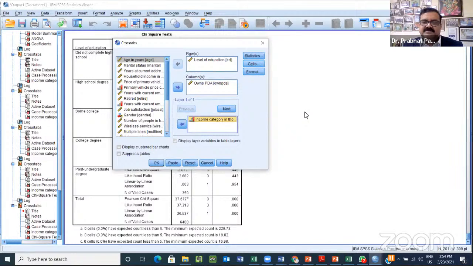Sir, in layered you have put income, and you considered the base as the level of education. Yes, absolutely. So read the hypothesis. Earlier my hypothesis or research question, whatever it is, was PDA, income, and now it has become level of education and this PDA. Yes, absolutely. So the hypothesis that is now formed is: given the income level of people, does education lead to purchase? Earlier what was it? Given the education of people, does income lead to purchase? Right? So I just changed the variable.